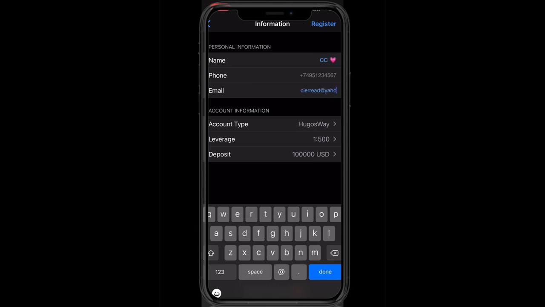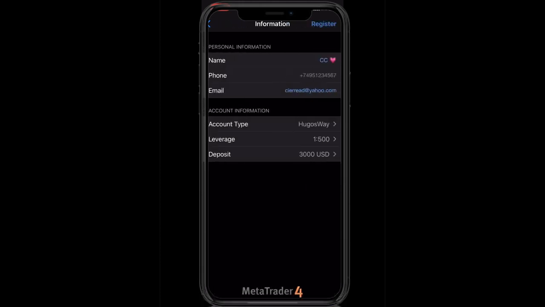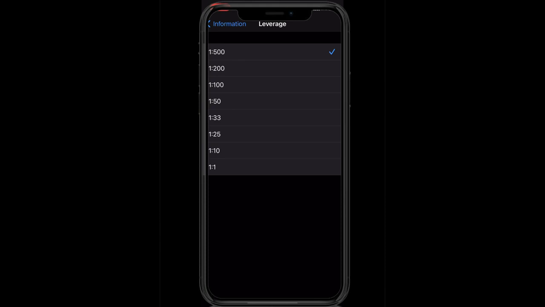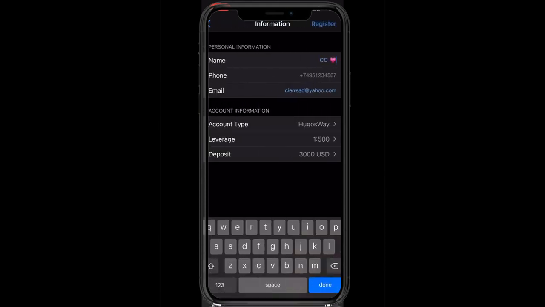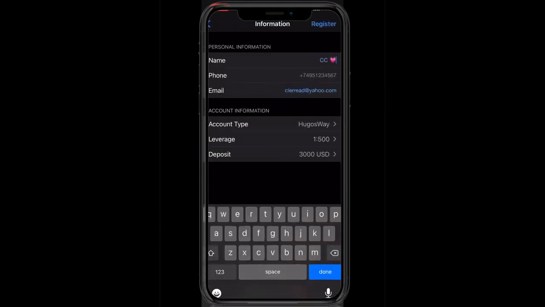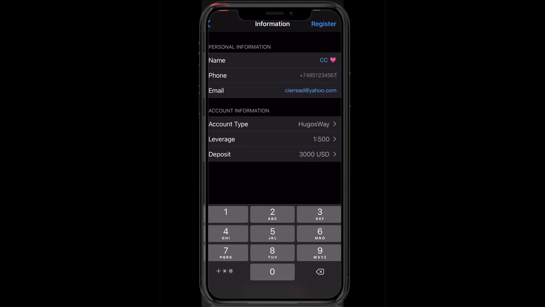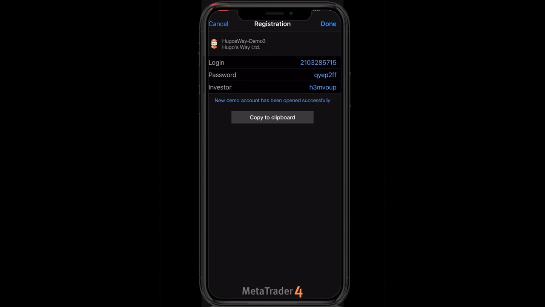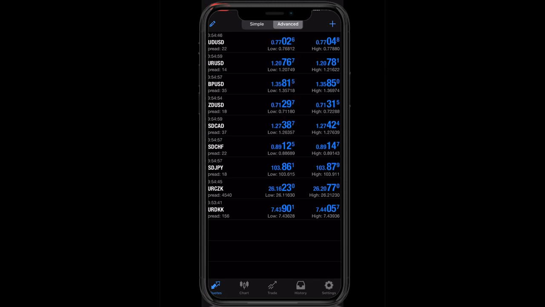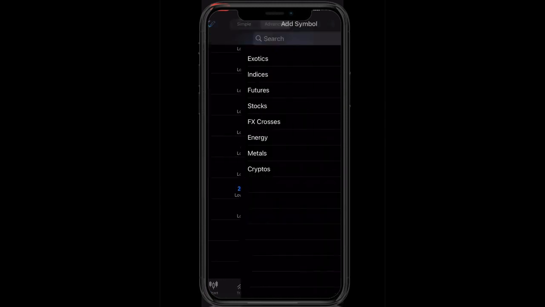And then as far as the leverage at the bottom, I always use 1 to 500, and also change your deposit to the lowest number possible, because even though it's fake money, you want to be more realistic when you're trading so that you get a really good vibe of what it is to trade live. So after you do that, it's going to give you your login, your password, and that's what you would use to log into your real account. You hit register and you hit done, and then boom, you have your new demo account,